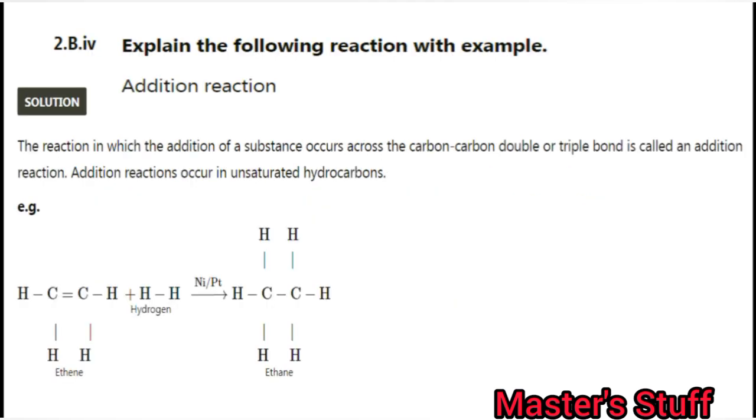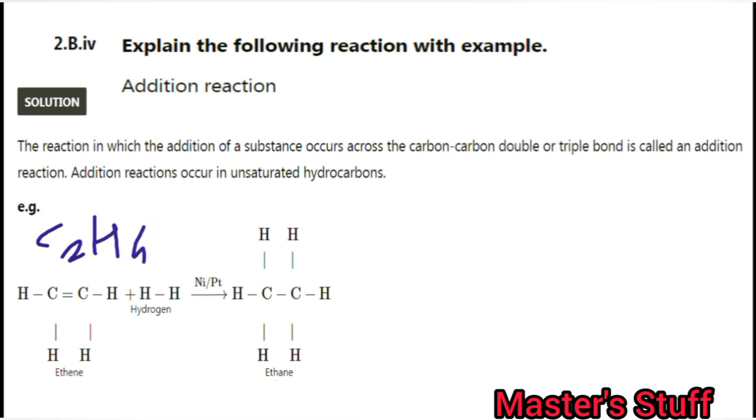Next, fourth sub question: explain the following reaction with example. Addition reaction. The reaction in which the addition of a substance occurs across the carbon-carbon double or triple bond is called an addition reaction. Addition reactions occur in unsaturated hydrocarbons. Here the example is given: ethene, C double bond C, means